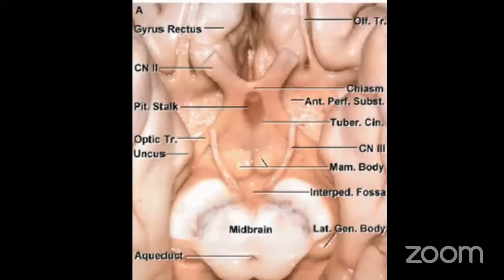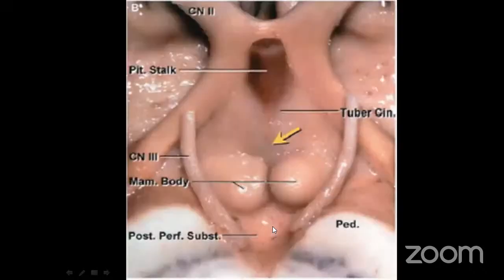This is a view of the third ventricle from the basal aspect. We are looking from downward above, and you can see that we have the floor formed by the chiasm, followed by the region of pituitary stalk. Here is where the infundibular recess would be lying. We have got the tuber cinereum within the floor, and then we've got the mammillary bodies, and finally the interpeduncular fossa and midbrain, the posterior part of the floor. This yellow arrow is labeling from on the inferior aspect from where that perforation would be made into the floor